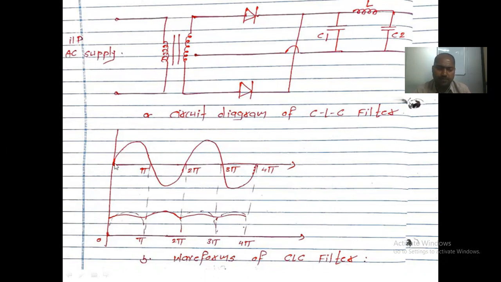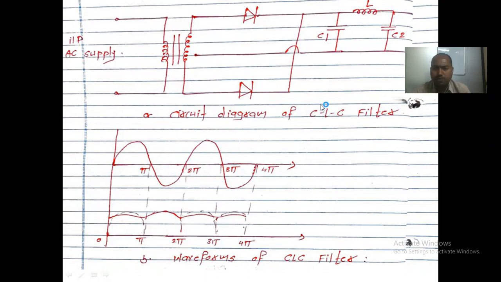See the figure. This is the figure which shows the AC voltage which should be applied across your transformer. This is the voltage which should be coming across here. When we use the filter configuration, we know that this dotted line indicates the pulsating DC. This is the pulsating DC which should be coming across your output.